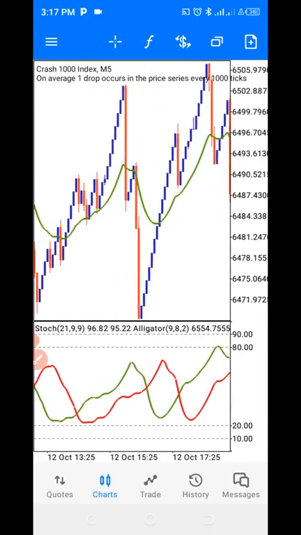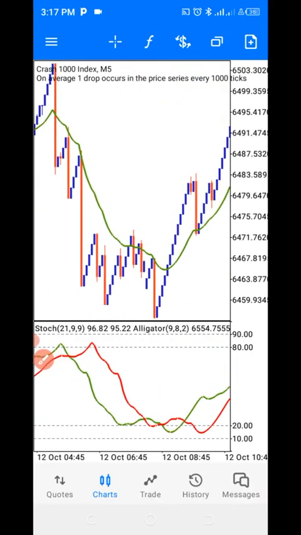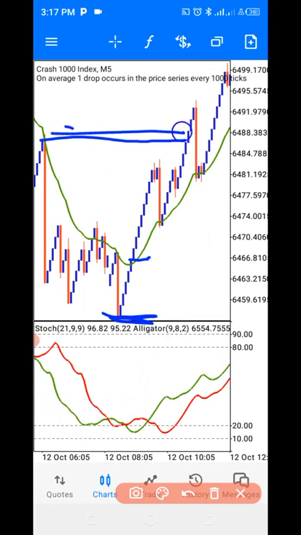This is another example here, right? So do your backtest very well. Make sure you follow the rules. See, this is another example here. Your stop loss will be below this low, and your take profit will be here, right? You can actually see, no matter what, your take profit will get hit.